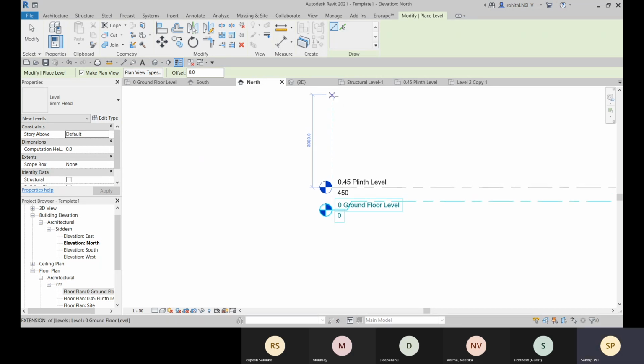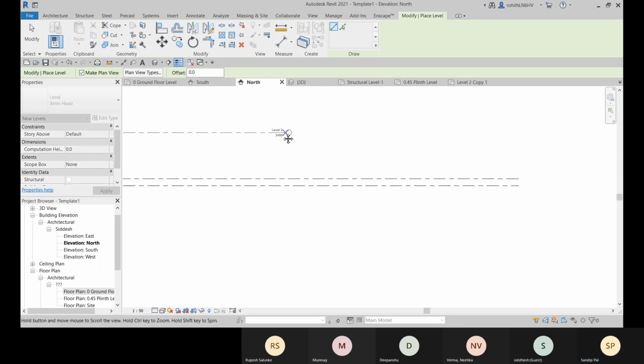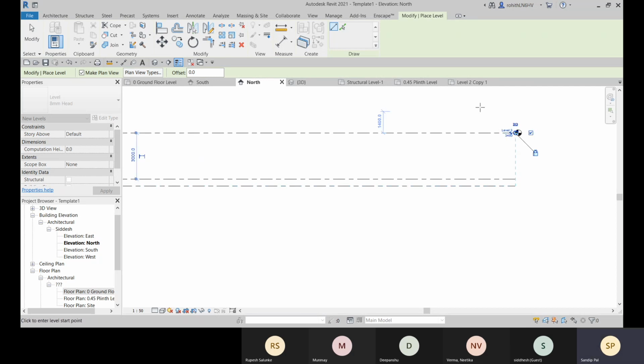Okay, so this way we will define. Let's click on this point, and on this option bar, you see that the make plan view option is checked. Okay, now let's start the point from here. That is started, and where it will be placed. To define that point, and here it is.